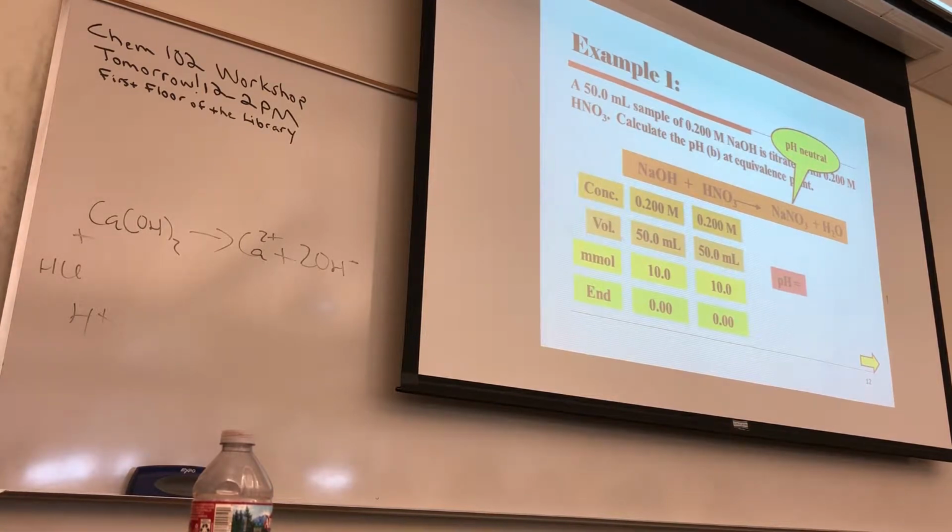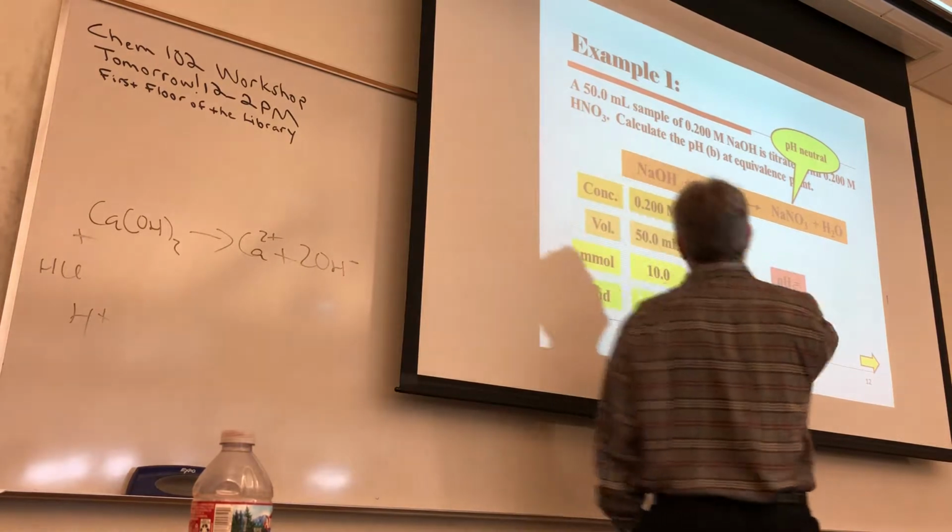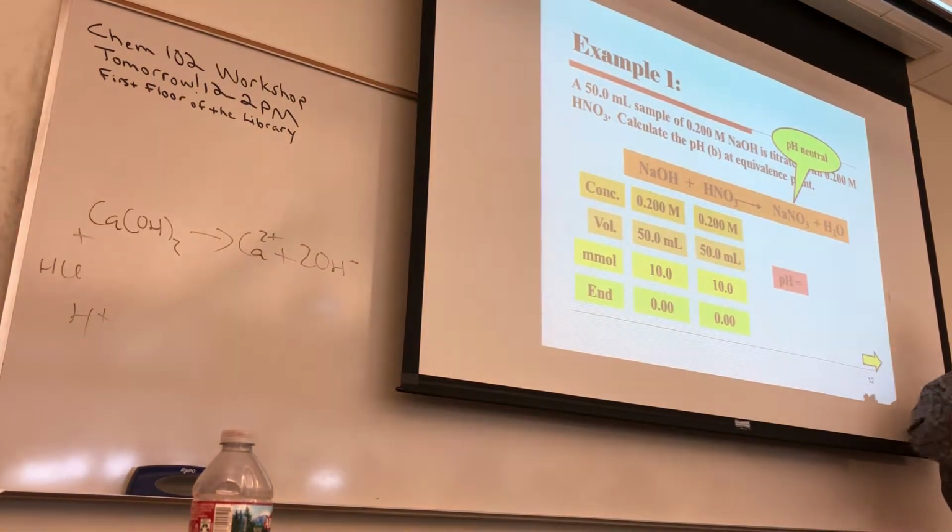And that's because the conjugate acid and the conjugate base are pH neutral, so they're not going to move it up or down. If you weren't sure how to do this, for example, if this was a strong acid and a weak base, or a weak base and a strong acid,